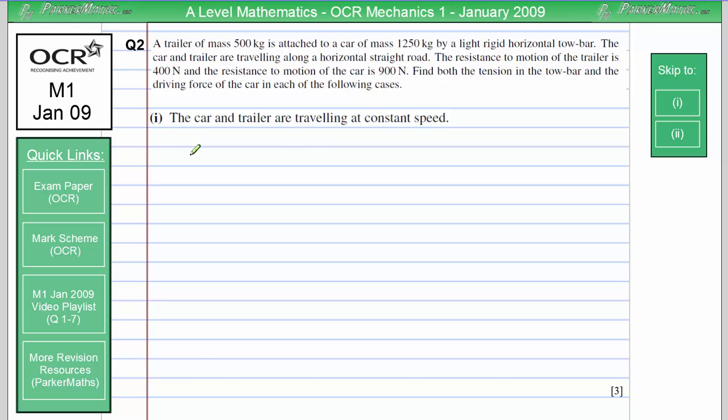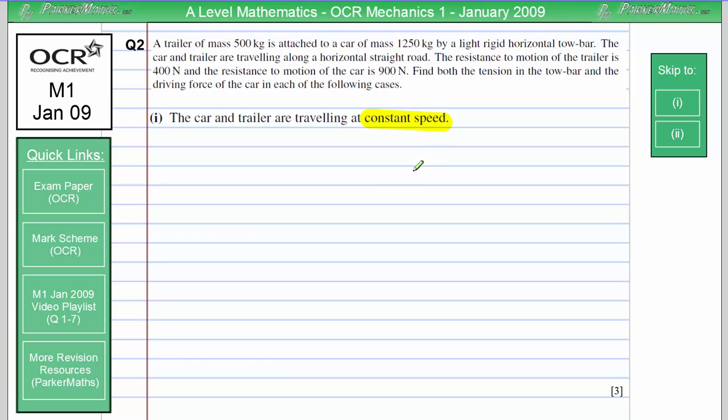Question 2. A trailer of mass 500 kg is attached to a car of mass 1,250 kg by a light, rigid, horizontal tow bar. The car and trailer are travelling along a horizontal straight road. The resistance to motion of the trailer is 400 newtons and the resistance to motion of the car is 900 newtons. Find both the tension in the tow bar and the driving force of the car in each of the following cases. So in part 1 we're going to consider when the car and the trailer are travelling at constant